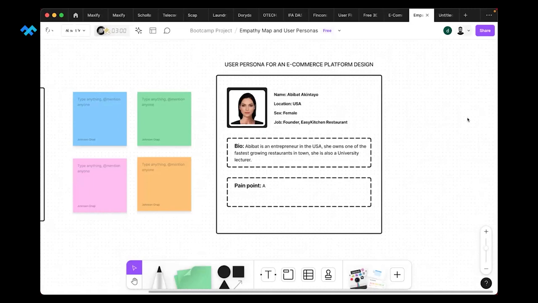So right now in this context, we are trying to build an e-commerce platform whose commodities will be what? Tech talents. A pain point is a specific problem a user faces while using your product. Excellent. So in this case, we are trying to build a system that will gather tech talents for people to come and, let me not use the word hire them, right? So Abibat's pain points might be that